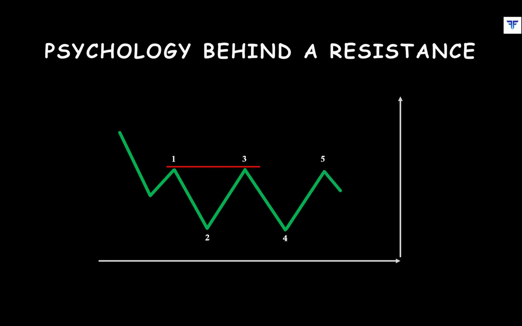Similarly, at point 5, as the price is near a previous high and is more expensive than at point 4, it would increase the supply of the security and reduce the aggressiveness of buyers to buy, in turn causing the rally to halt and for the price to turn lower.